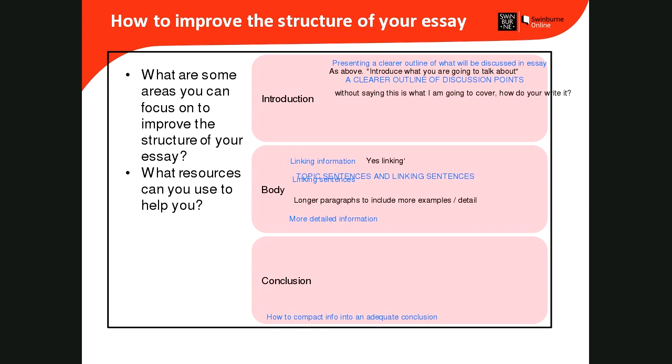Now your linking sentence needs to do two functions. It needs to link the paragraph you're writing to the next paragraph, and it also needs to try and make some link back to the essay topic. So I can see you revisiting that essay topic. So how does that relate to how education's changing in the 21st century? How does it relate to the key factors that are changing education? Okay, so really focus on strong topic sentences, strong linking sentences, and use the rest of your paragraph to really flesh out the main ideas.